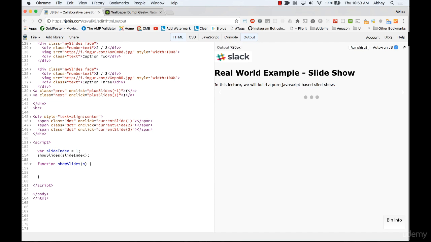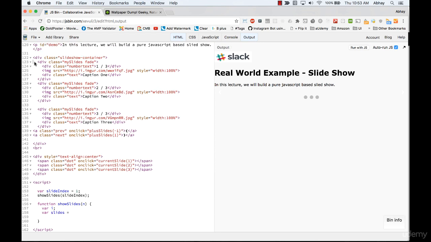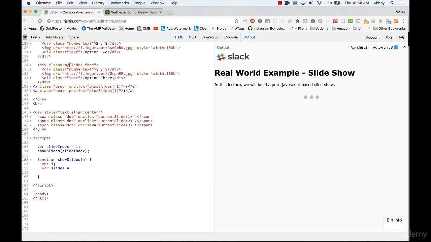So the first thing we're going to do is create a variable i, because we may write the for loop on looping through the slides. The next thing is let's get the slides. The way you get the slides is, as you can see, there are 3 divs I have created. You can get these slides using the class on the divs, which is my slides. So I can just do a document dot get